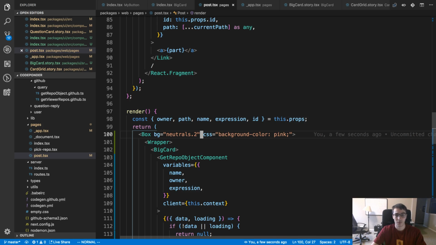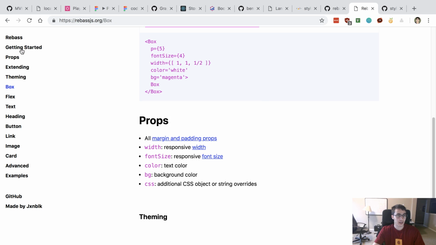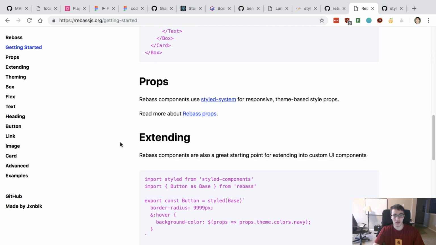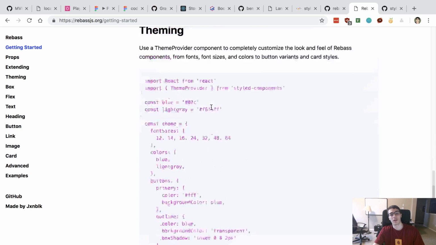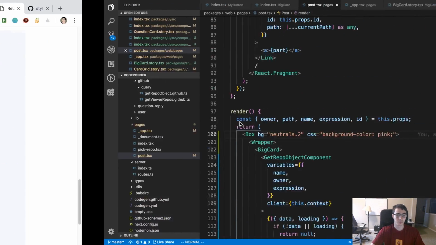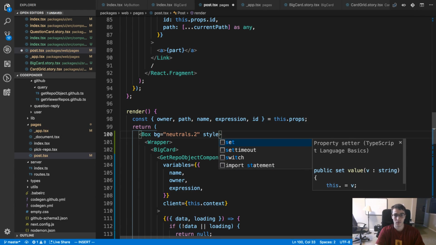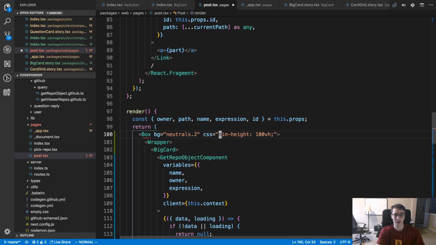Okay, so you're using emotion in your project, not styled components. Let's see if it talks about... We have the styled components plugin. Style is not even on here for me to use.